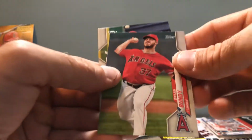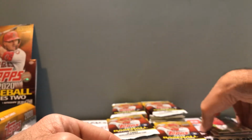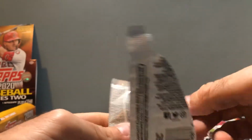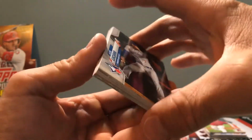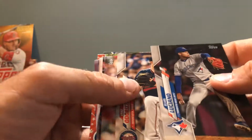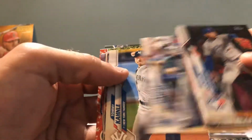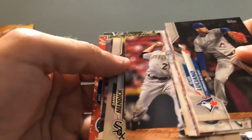All right, got a Barry Larkin. Not numbered. Dylan Bundy. No relation to Al. Eugenio Suarez. So I like Topps doing a few different things this year, whether it be just something simple like that stamp for the Rangers cards, the tins and the retail. So they're getting a little creative this year. It's cool. Elvis Luciano, Jake Odorizzi, Alex Cobb, Cincinnati's team card, Manny Margot, Tommy Kahnle, Randy Dobnak, Mitch Keller, Danny